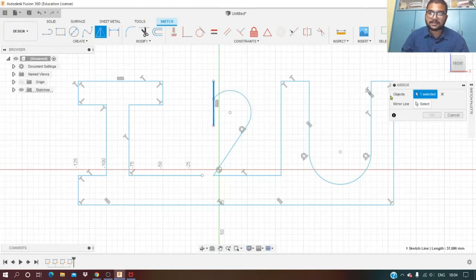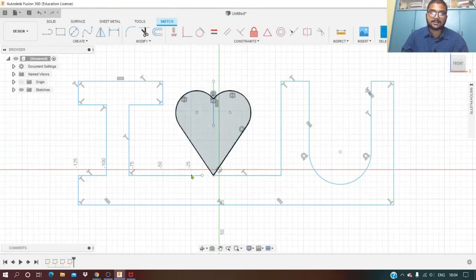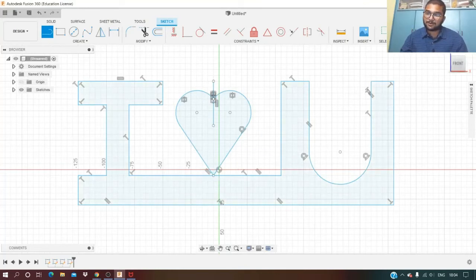I am selecting this. I don't want to select this; I want to mirror this particular curve, not this, and the mirror line is this. Okay, done. Thank you. Just trying to play around, so stick around.